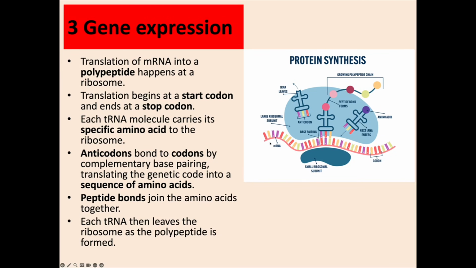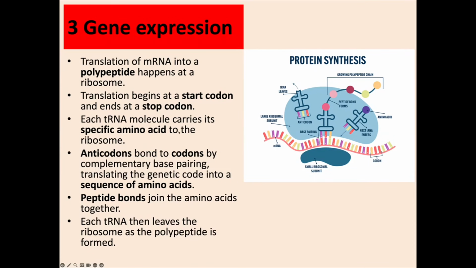So let's have a wee look at our diagram here just to understand what happens in translation. So translation begins with something called a start codon, which is found on the mRNA mature transcript. Okay, we can see it here in the diagram. And it ends at a stop codon, which again, we can see at the opposite end of the mRNA on this diagram here. So the start codon at the start, the stop codon at the end. And basically what the instructions on those two do, they tell the ribosome to start assembling amino acids or to stop assembling amino acids. Now, while this is happening, while the mRNA mature transcript is moving through the ribosome and is being read 3 bases at a time,